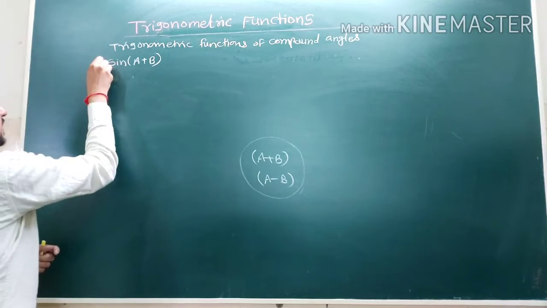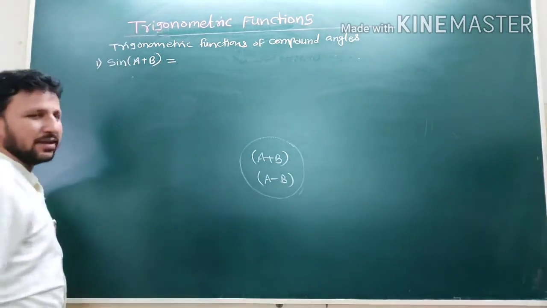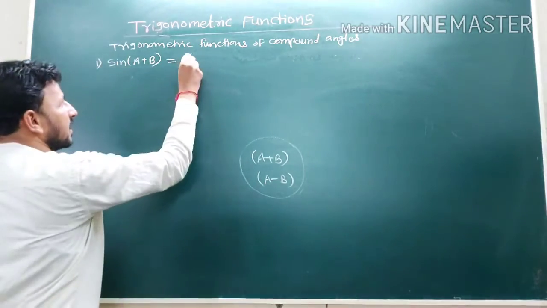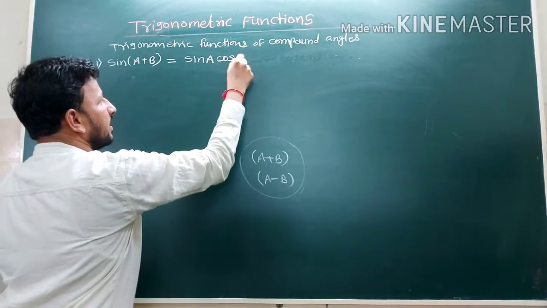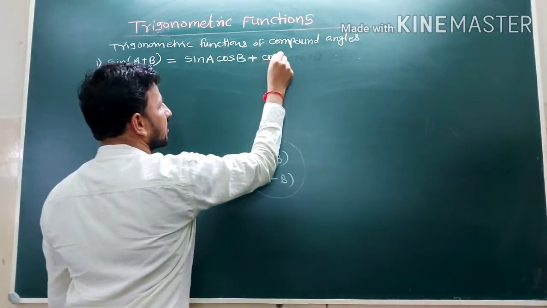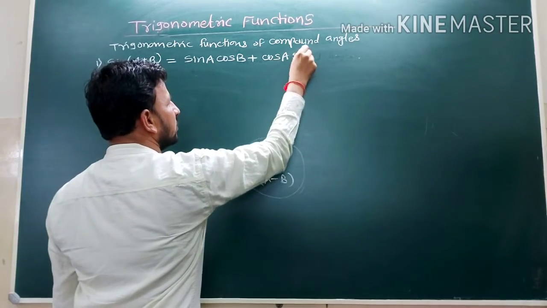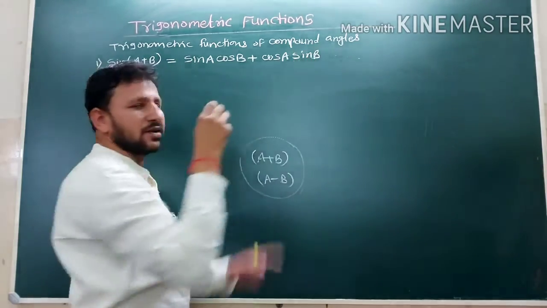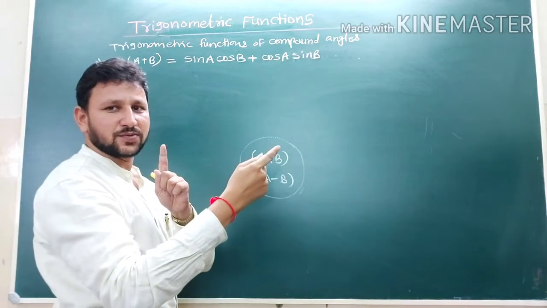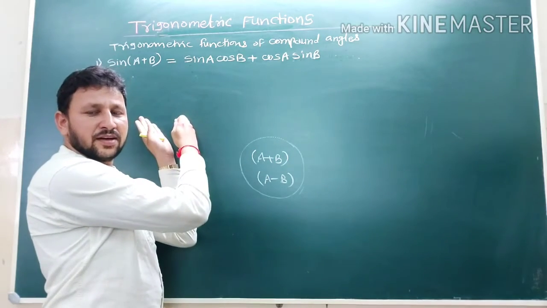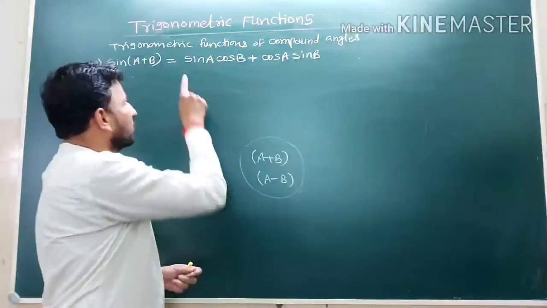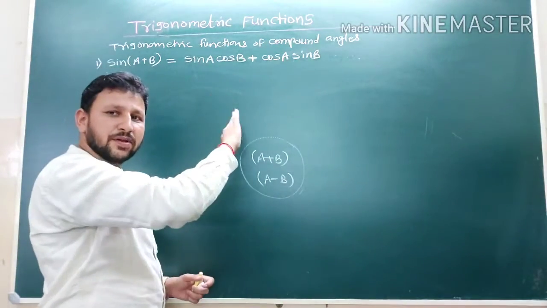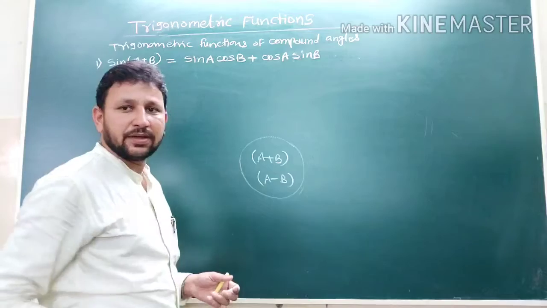First formula for the sin of angle A plus B is expressed as sin A cos B plus cos A sin B. Like the pairwise, one is a sin function, the second is a cos function. In the first term, one is angle A, the other is angle B. In this way, continue. So the formula obtained is sin A cos B plus cos A sin B.